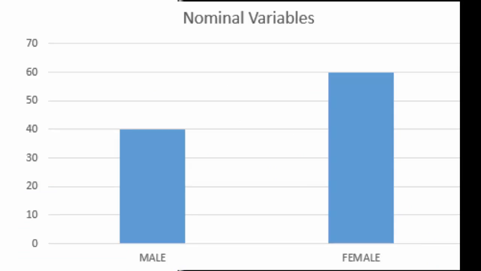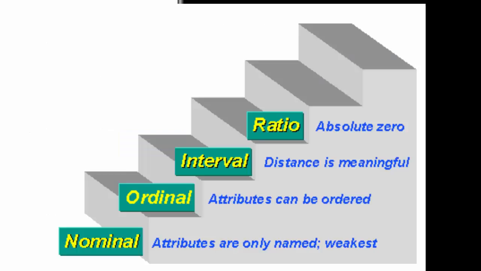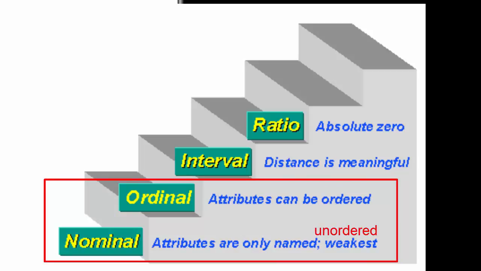overlap. With nominal variables, you cannot compute an average. The best you can do is report frequency percentages, like 40% male, 60% female. When categories can be arranged by order, then they become ordinal variables, like level of education: elementary, middle school, high school, college. In either case, rank-ordered and unordered categories are considered categorical variables, for which percentages are the best descriptive